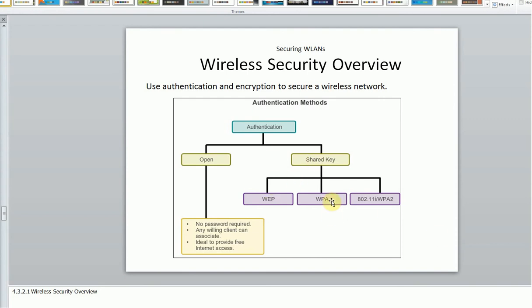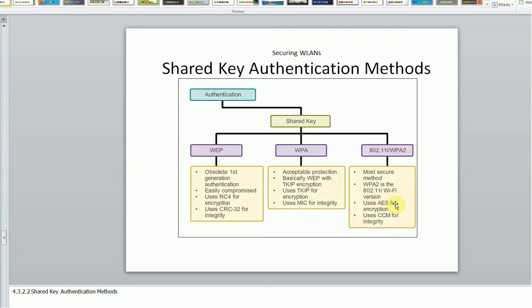These are the types of shared key we often use: WEP, WPA, and WPA2. What is WEP? WEP is first generation authentication, where we use a basic encryption mechanism.